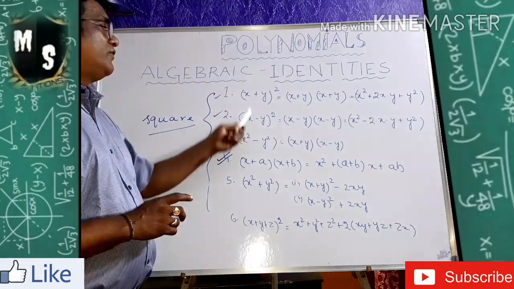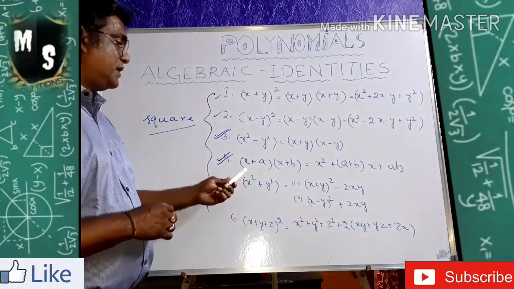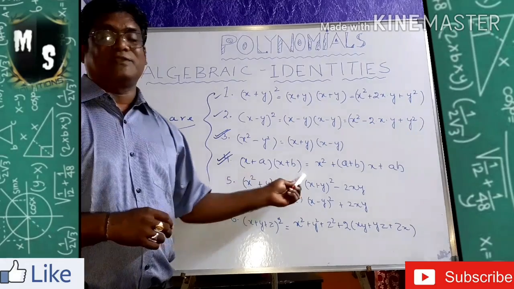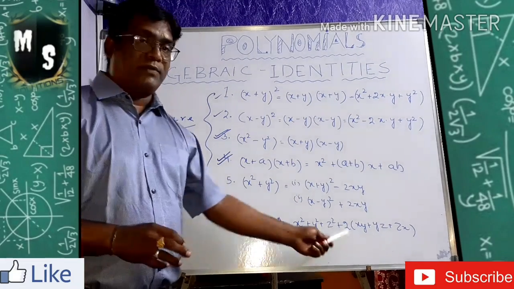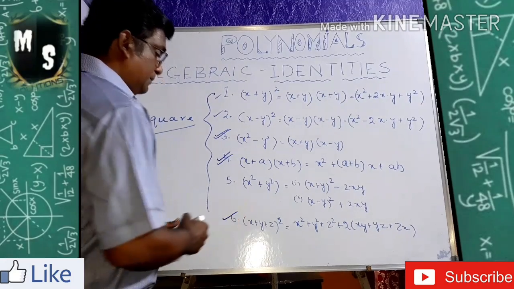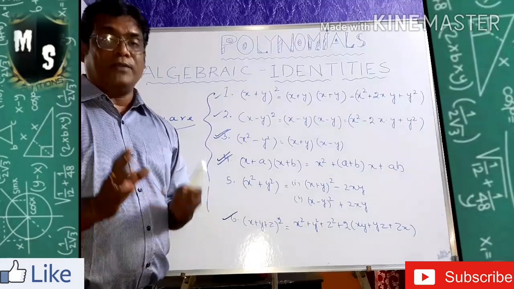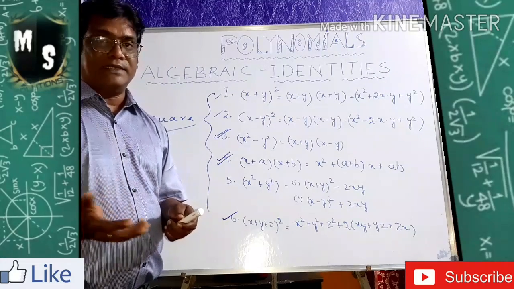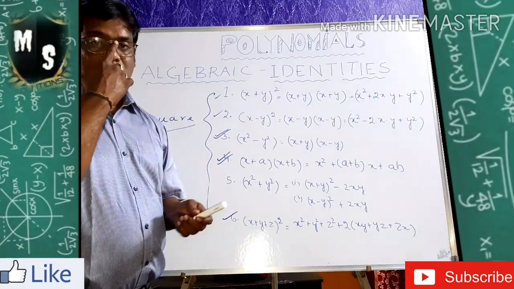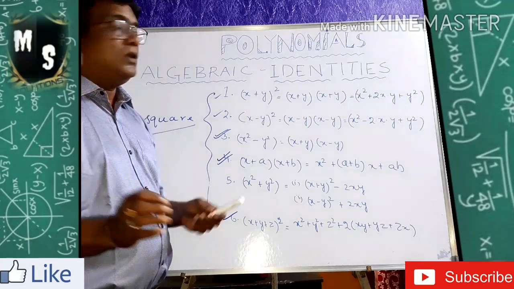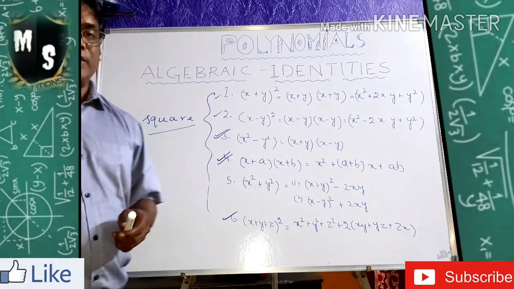The square formulas are very easy: a plus b whole square, a minus b whole square, a square minus b square, and x plus a into x plus b. These two formulas are additions to that. In this also some sums are available, so this is also an important formula. Clear? Please try to remember all these formulae by which you can do the sums nicely. If you don't know the formulas, you cannot even touch the sum. So my kind advice to you all, please go through these formulae nicely and practice them frequently.